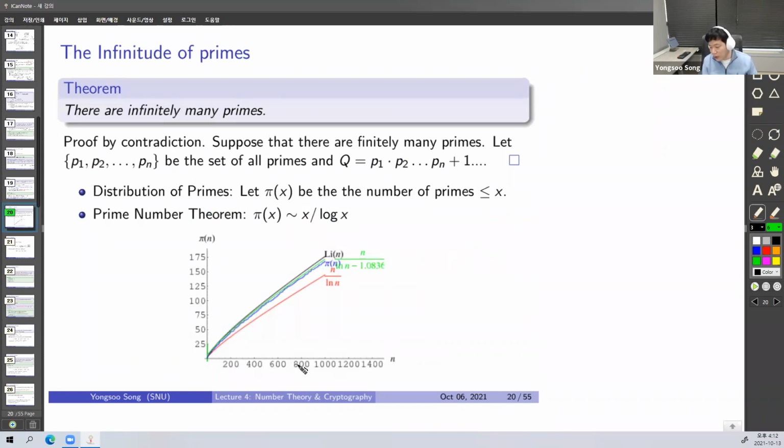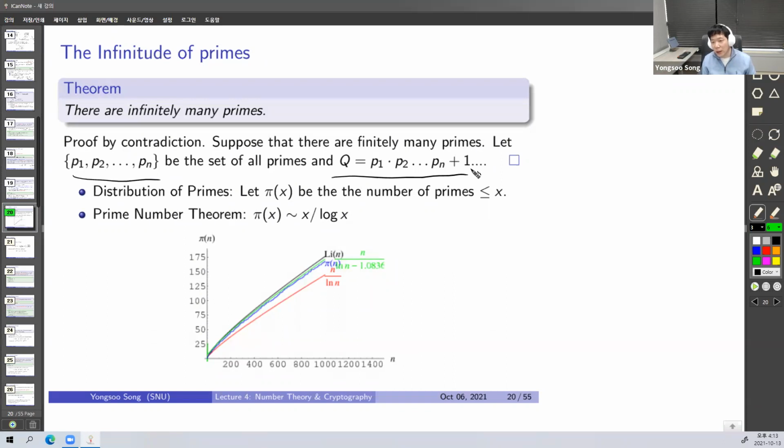As you probably know, there are infinitely many prime numbers, and you can easily prove this fact by proof by contradiction. Suppose that there are only finitely many primes. Then we can imagine the set of all prime numbers, and that would be a finite set because we assume there are only finitely many primes. Now consider this integer q, defined as the product of all primes p1 to pn